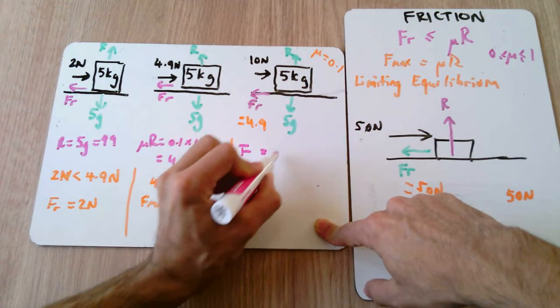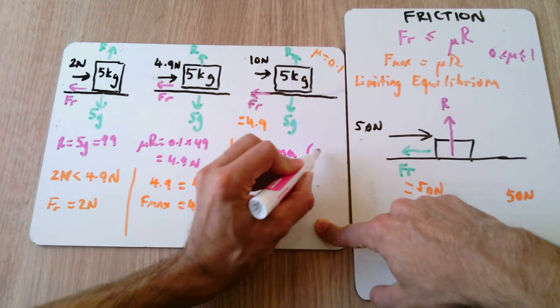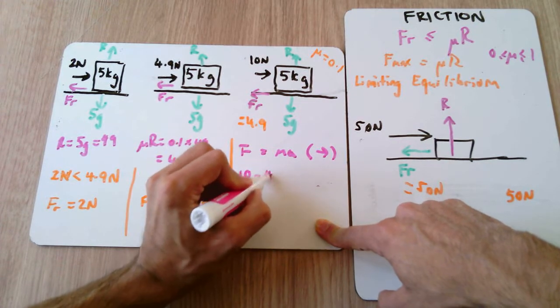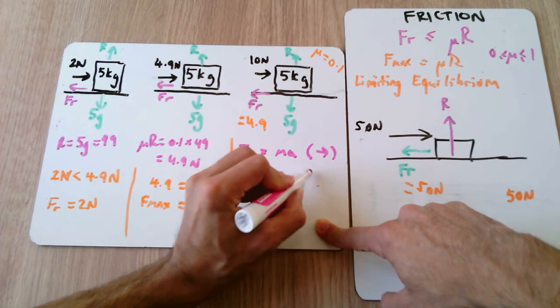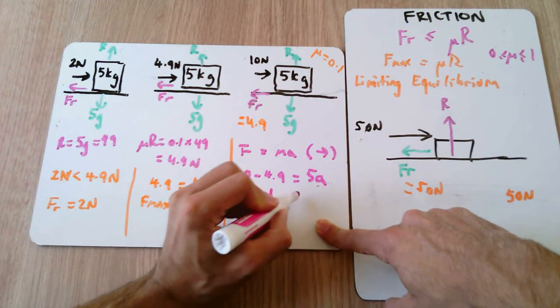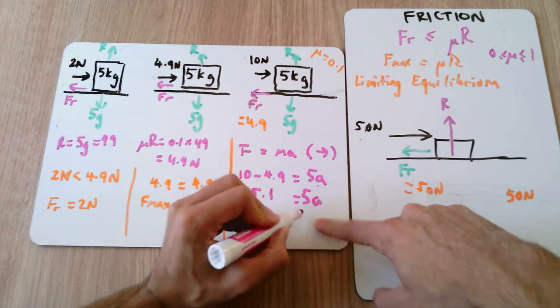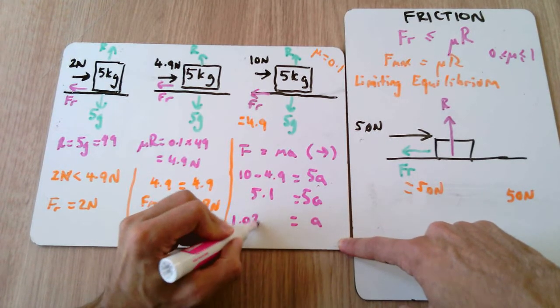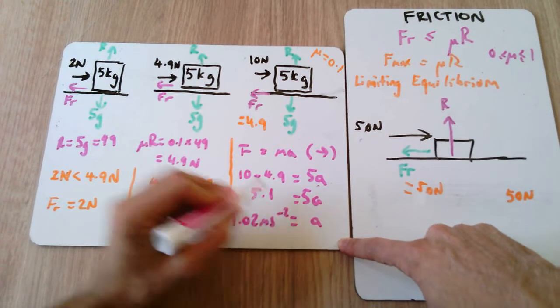F equals ma to the right. My net force is 10 minus the frictional force of 4.9 is equal to 5 times a. That gives me 5.1 is equal to 5a, and therefore from that a is equal to 1.02 meters per second